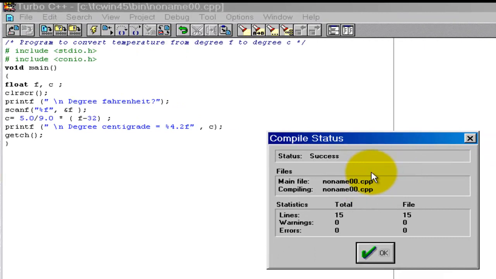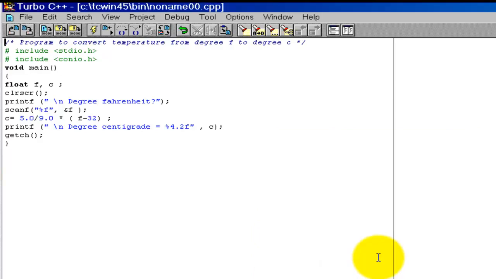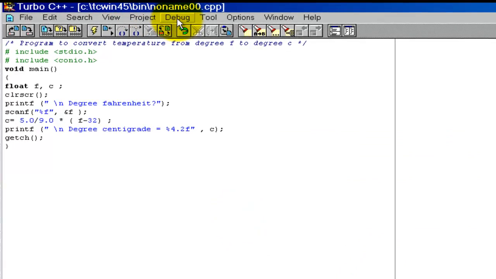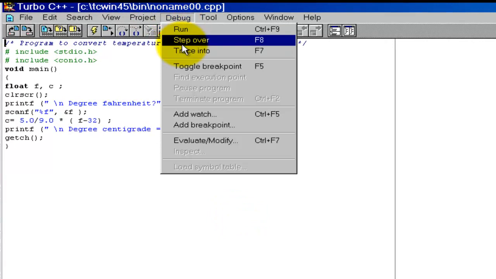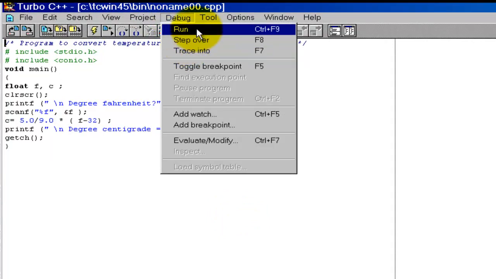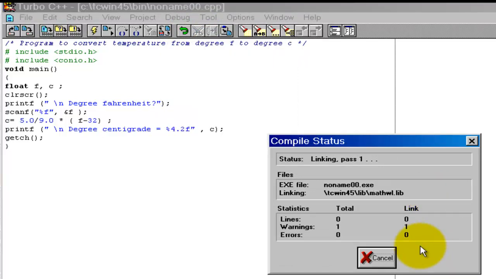Compile the program. It shows there is no error. Click on OK. Next, click on debug, click on run. Run the program.